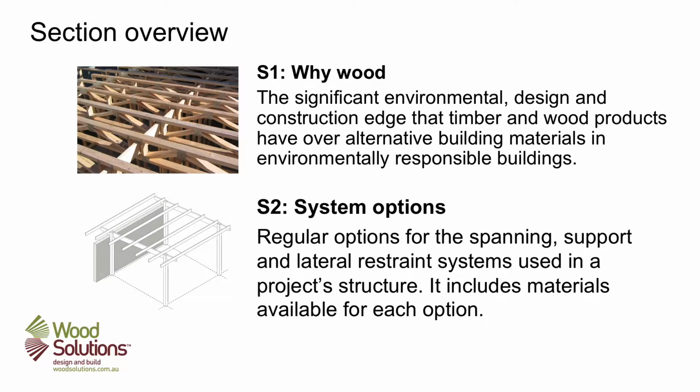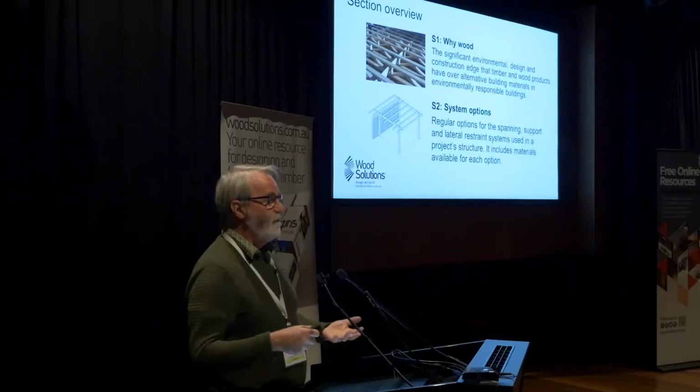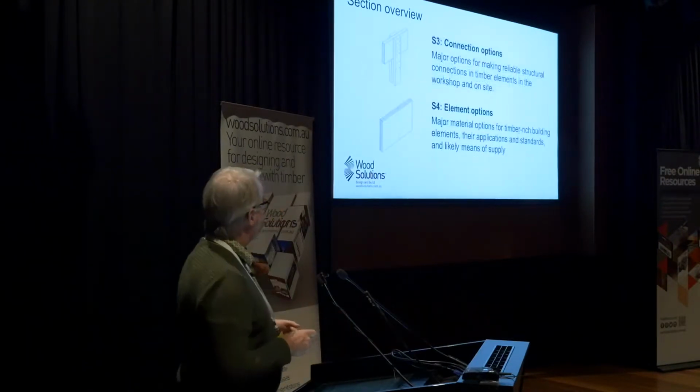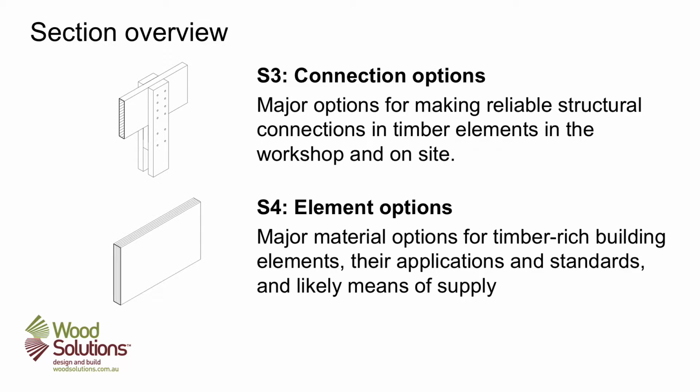So there's a range of environmental and cost and other implications that come when you decide to use wood, and we need to get those out at the beginning. The next is what are our systems options. So if we're looking at a system of assembly, either structurally or architecturally, or preferably both, what then can we choose from? The next one then is that if we've got these systems, how we join them is going